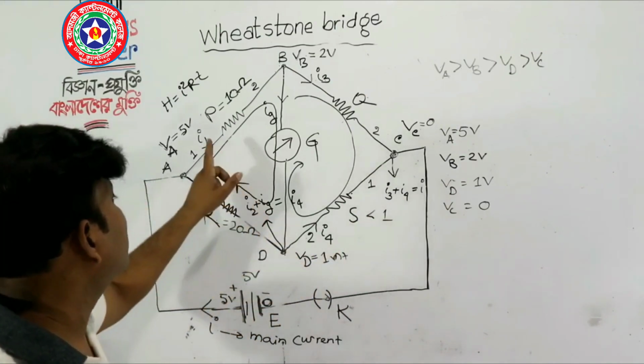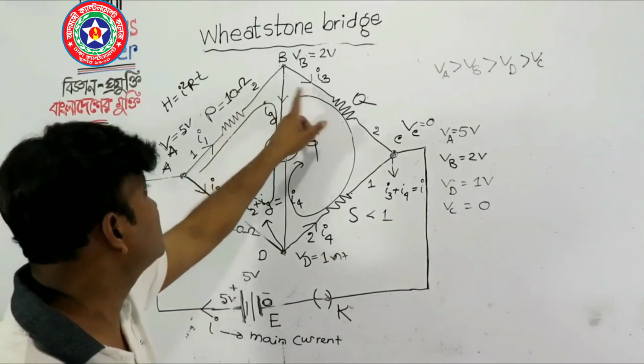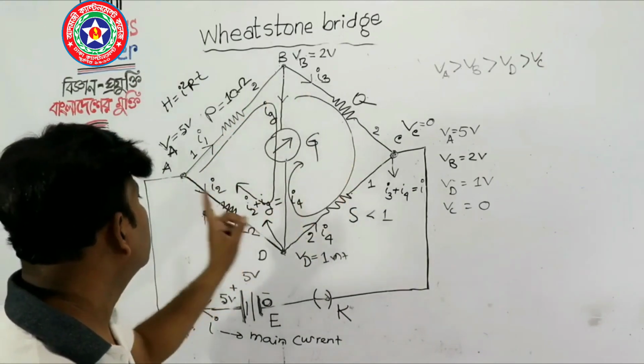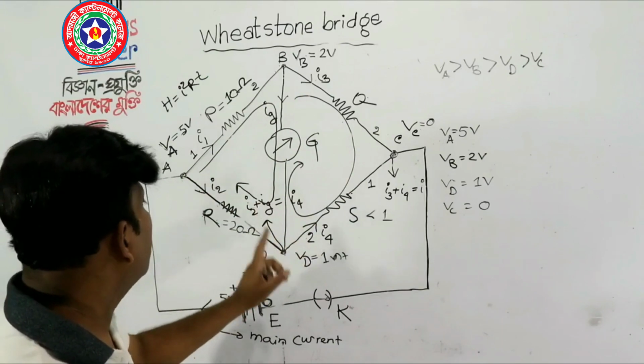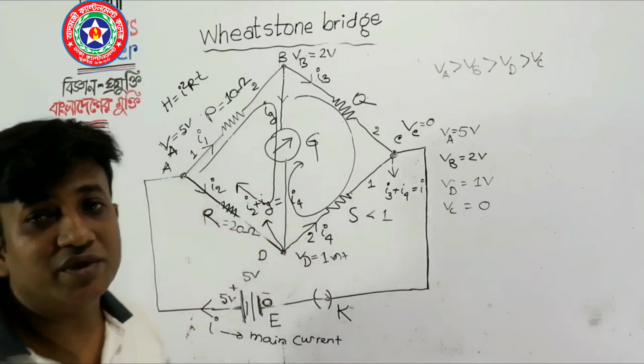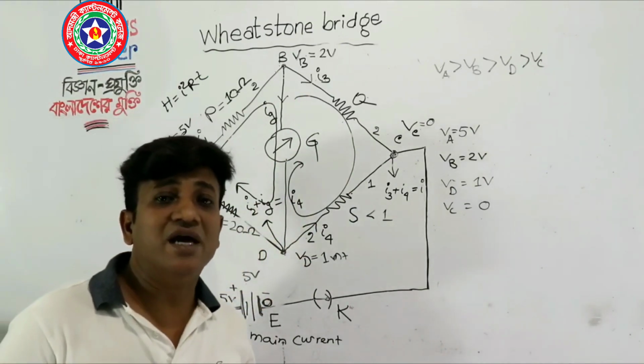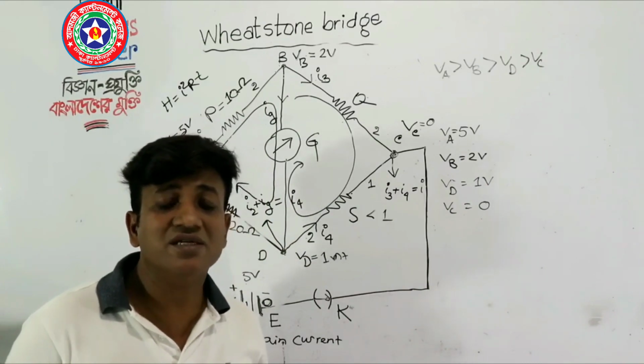In this case, the resistance of the wires AB, BC, CD and DA will also be less than 1, because we consider these